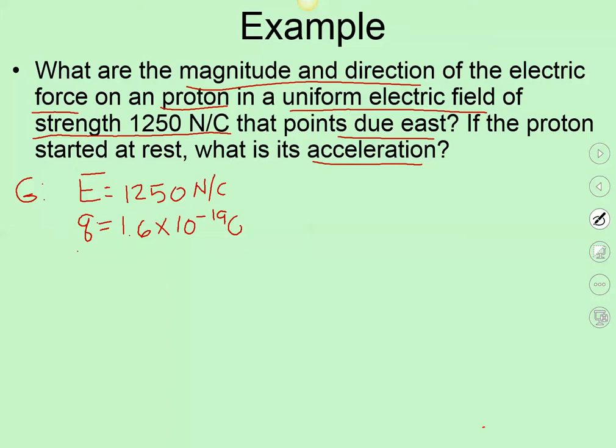Also, while we're there, we know that the mass of a proton is 1.67 times 10 to the negative 27 kilograms. Kilograms. And we're going to need that because we're going to find acceleration. As soon as I think acceleration, I think Newton's second law, F equals ma. And if we're finding a force here, then it makes sense that piece is going to be the easiest connection for us. So we're given these three things, and then we're asked to find